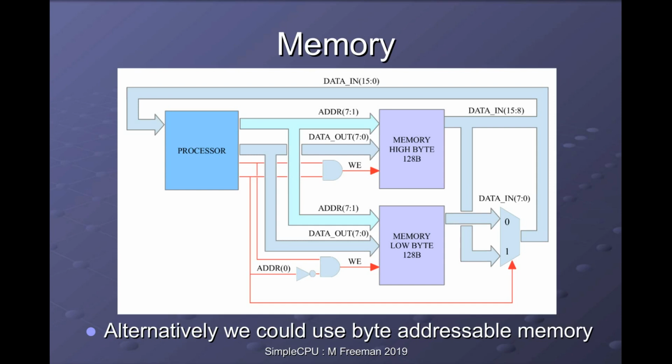Alternatively, we could go to byte addressable memory. So here, rather than having one memory that stores 16-bit values, we take that memory and split it into 2 memories, each storing 8-bit values. Okay, when you first look at this block diagram, it may be slightly confusing, so we'll